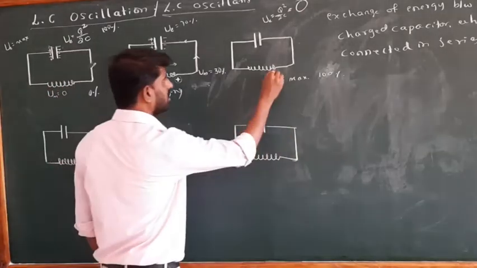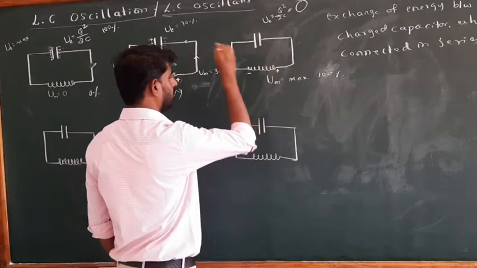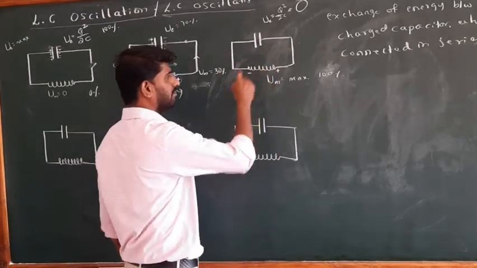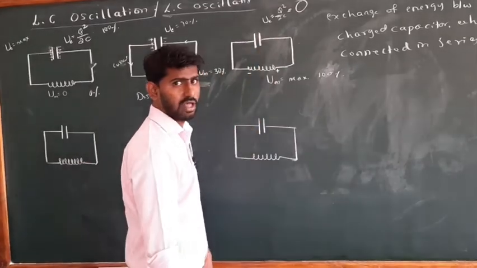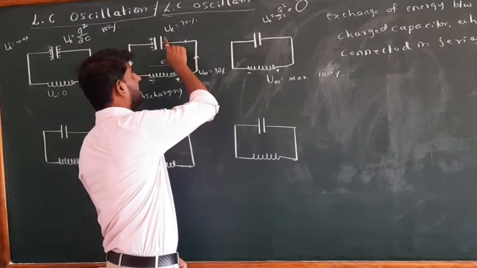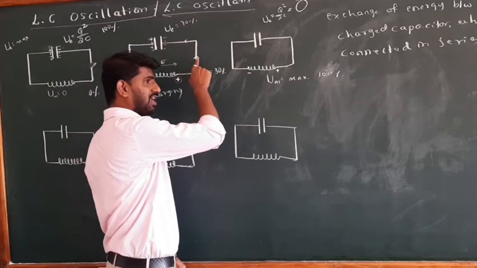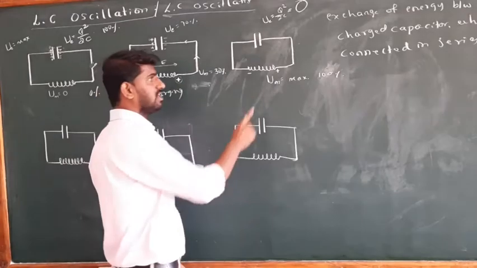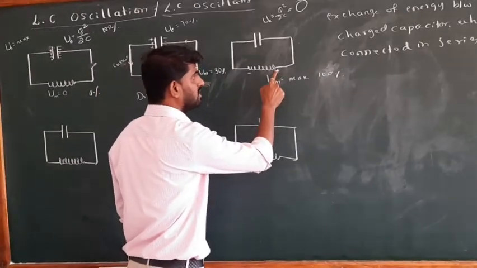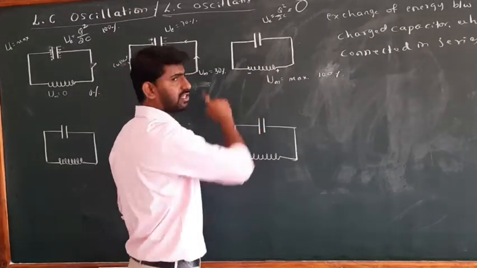We know these are the developed poles, which we can say is the induced EMF. Now the whole energy is in the form of magnetic energy. The current through the capacitor while discharging is producing an EMF in the inductor. Because of this induced EMF, this becomes the positive terminal and this becomes the negative terminal.